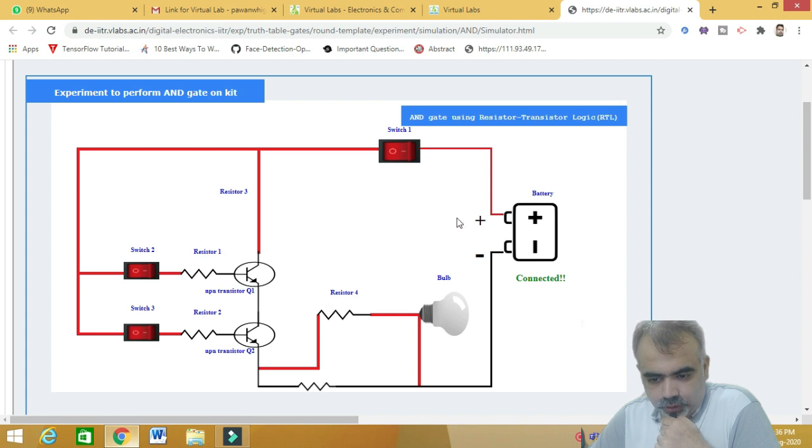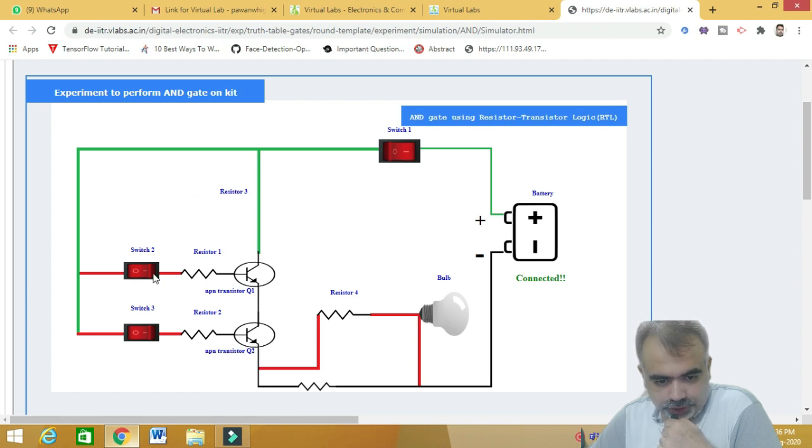See, this is how you can connect it. You just have to drag and drop here. Once you connect it, you have to switch it on. Once you switch on, it means the current flows through these wires. But these two switches are off, and these transistors are operating in cutoff mode. That's why no output occurs. Means at 0 0 your output is 0.